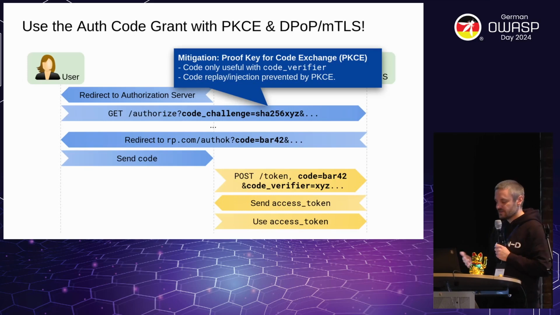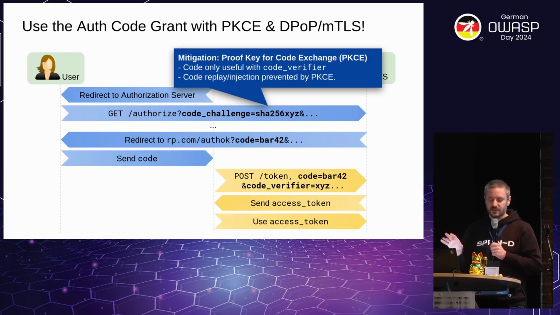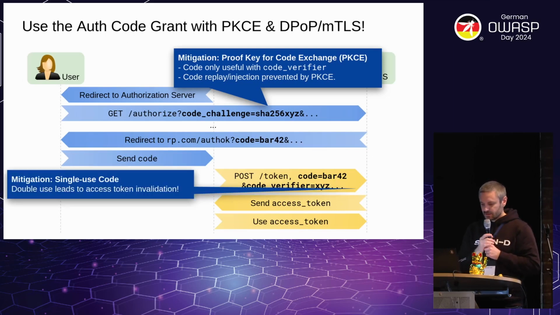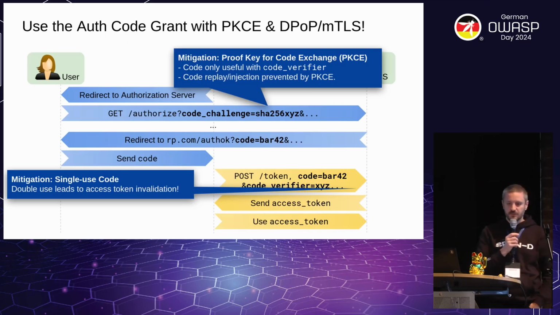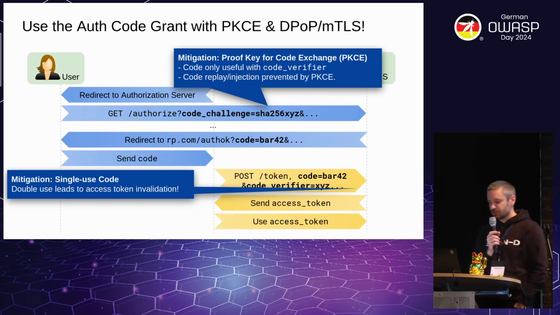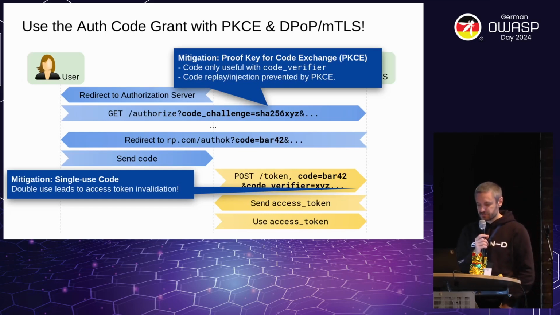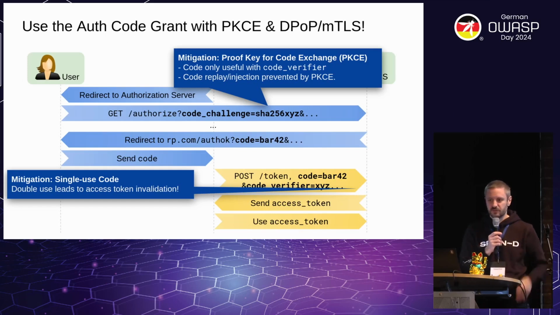If you look at the RFC, it says, yeah, use that for the implicit, for mobile applications and so on, public applications. But it's really useful for every single authorization code grant. You should use it. Then the authorization code should be made single use. It used to be a vague recommendation, but now it's more strict in a new recommendation. Make it single use. It can only be used once. If you try to use it twice, then all the access tokens associated with it should be revoked.